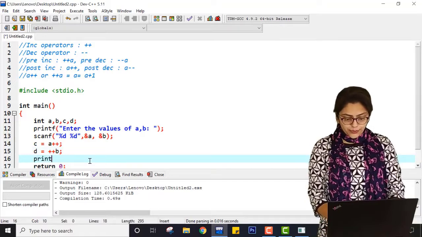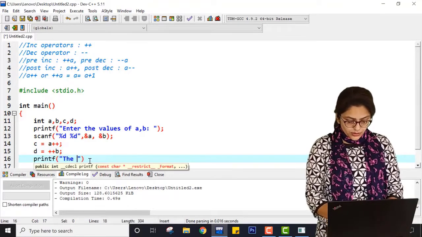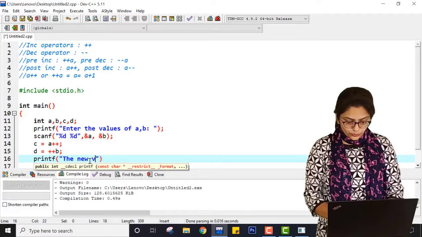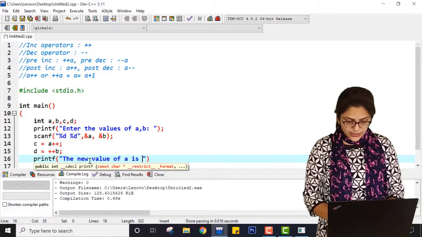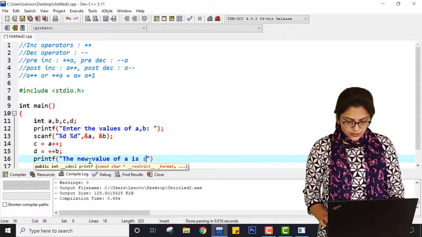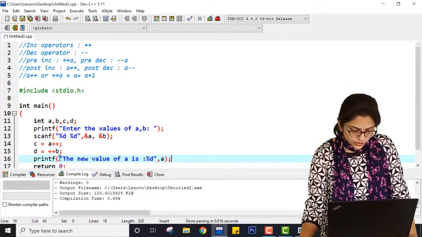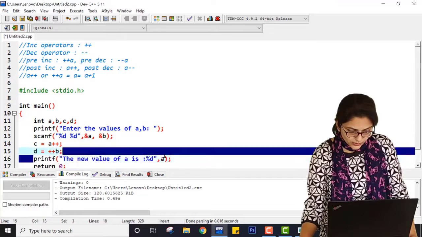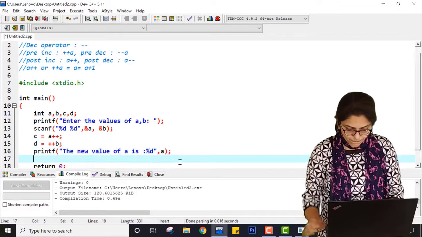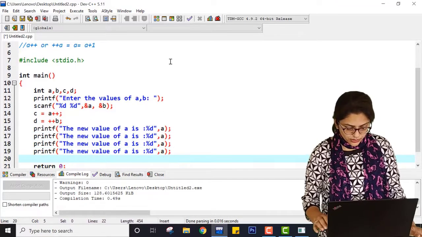So let me show you. printf, new value of A is percentage d, here A. Let me copy this statement and paste it over here.